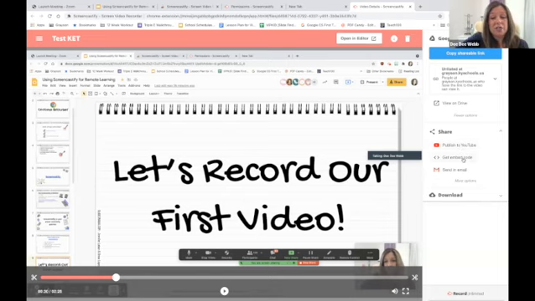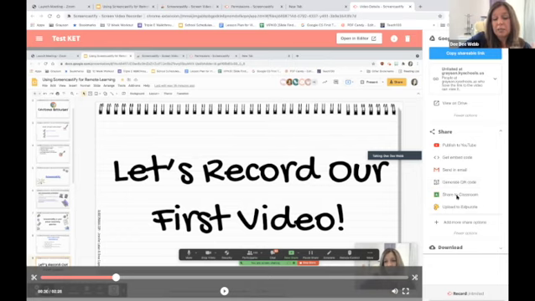Okay, there's also where you can get an embed code if you wanted to embed it in other places, like if you have a Weebly or something like that, you can grab the embed code. You can send it in an email. You can also, again, I mentioned generating a QR code. So if you were to create some directions for stations, you could generate a QR code for that particular station so that your littles could scan that QR code. You can publish this directly to Google Classroom, which is so handy. It's just a great feature.